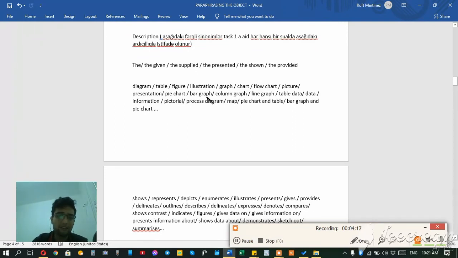Mainly, it's recommended that you do not change the name of the diagram. If it's a table, write the table shows. If it's a figure, write the figure shows. If it's a pie chart, write the pie chart shows. For bar chart, pie chart, and diagram, don't change these words. Process diagram: the diagram above shows, illustrates, presents something. Line graph shows, presents, illustrates something. But if you want to be a little more creative, you can say the presented line graph, the provided line graph. It's not advisable by many teachers, including me,